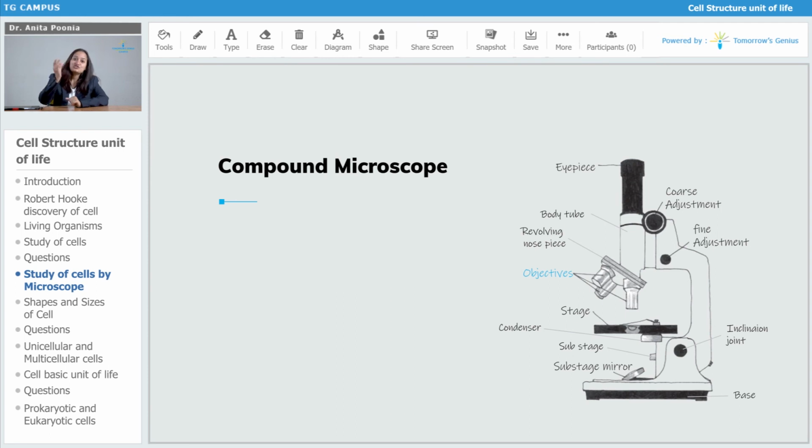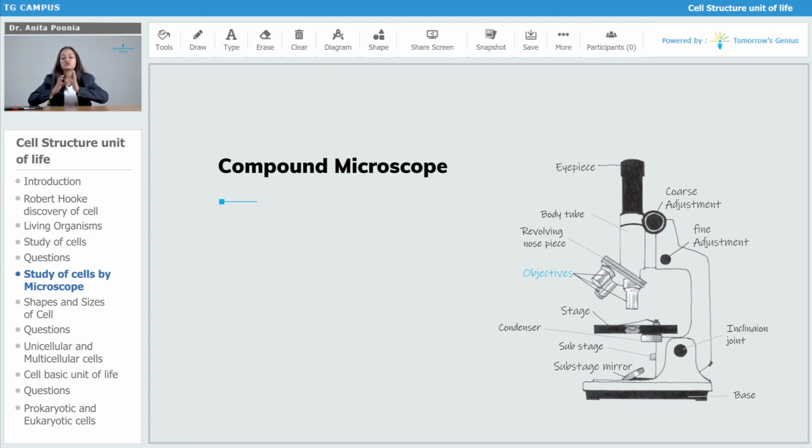You can change the power and switch to different lenses in the objective lens, using the revolving nose piece. As the name suggests, you can switch to different lenses, and the objective lens is the most important and complex part of the microscope, on which this miracle is based, that you are able to see the tiny object.